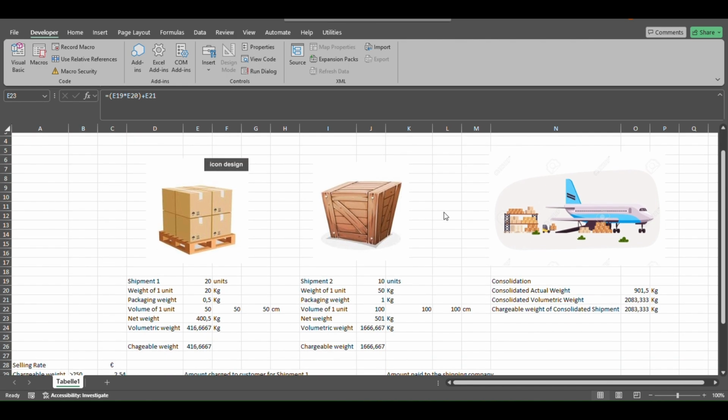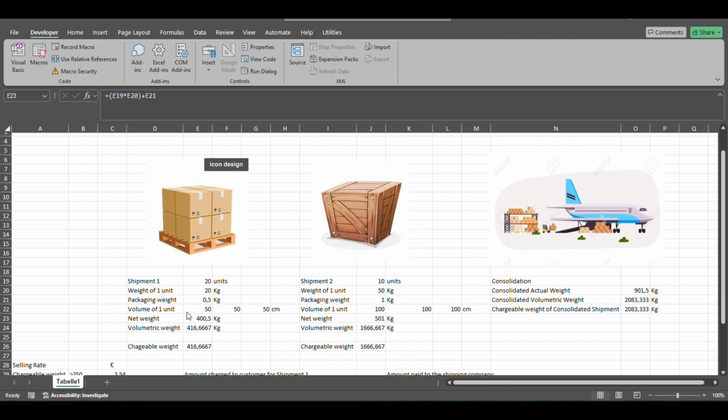Here we have a hypothetical situation where a customer wants to ship two shipments from one place to another using air freight forwarding. The first shipment comprises 20 units or 20 commodities. The weight of each unit is 20 kilograms, and the packaging weight, that is the weight of the packing material used to secure the shipment, is about half a kilogram. The volume of one unit is by dimension 50 centimeter by 50 centimeter by 50 centimeter, which comes up to